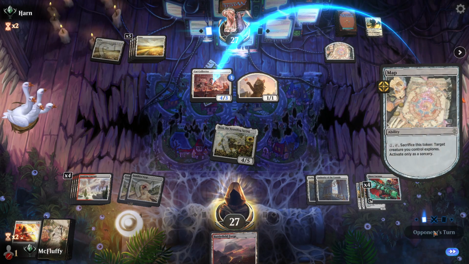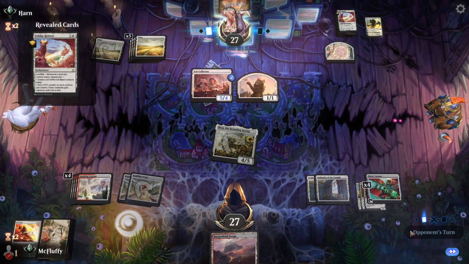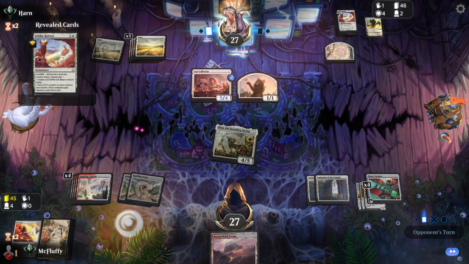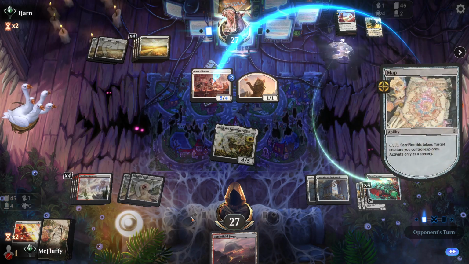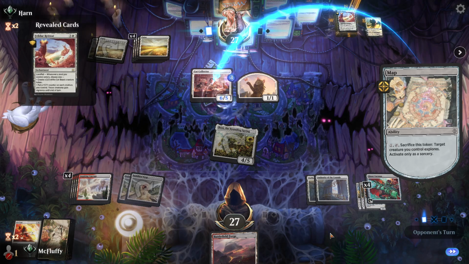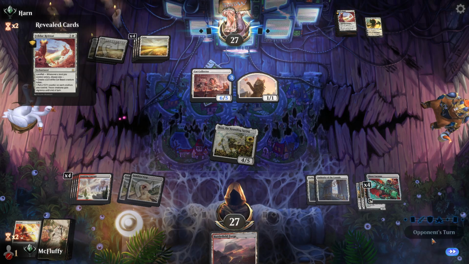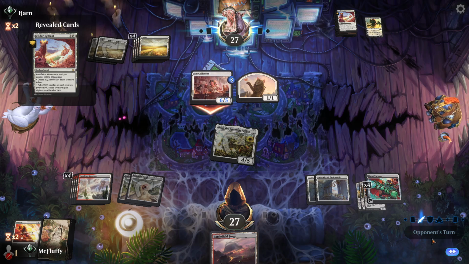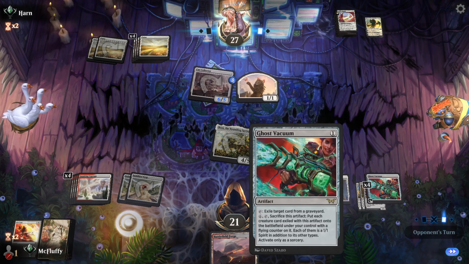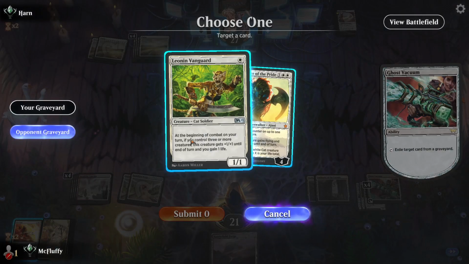This Ghost Vacuum should be pretty cool next turn, but I'm not sure it's going to win us the game. The opponent has been top decking well, and Get Lost is really bad into creature decks. We're playing it just because it can hit enchantments and planeswalkers mostly. Opponent is going to clobber us. Ouch. Activate the Ghost Vacuum, grab the last cat,